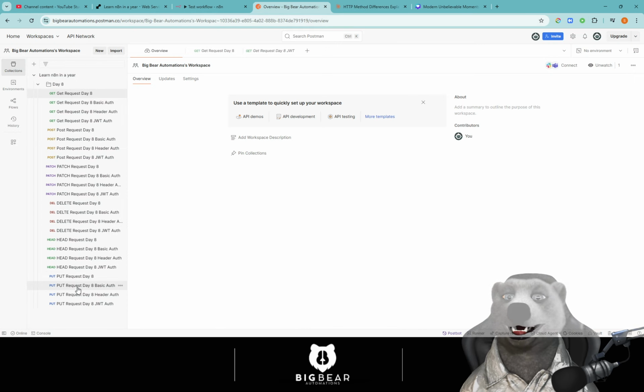I've created this Postman resource. So what I'll do is I'll send this out, and it's basically you post your patches, you delete your heads, and you put all with the different authentications on, depending on which one we choose. So we're going to test the get and the authentication, and then we'll just test the post, the patch, the delete, the head, and the put, and then you can test the auth methods on the different HTTP methods